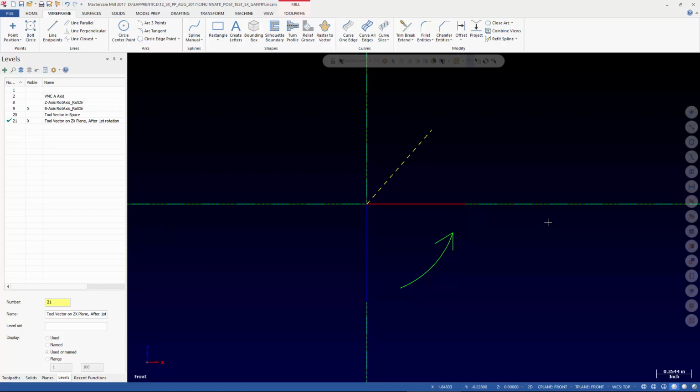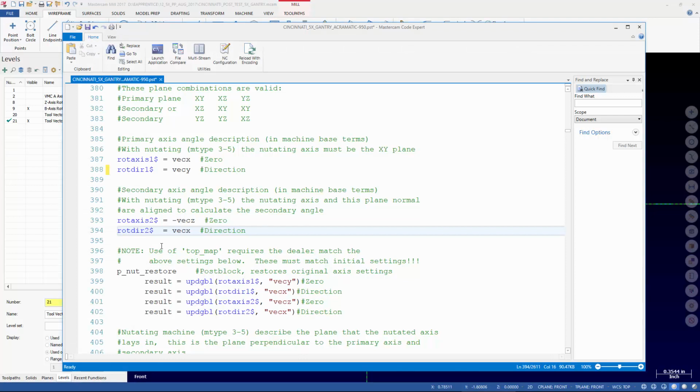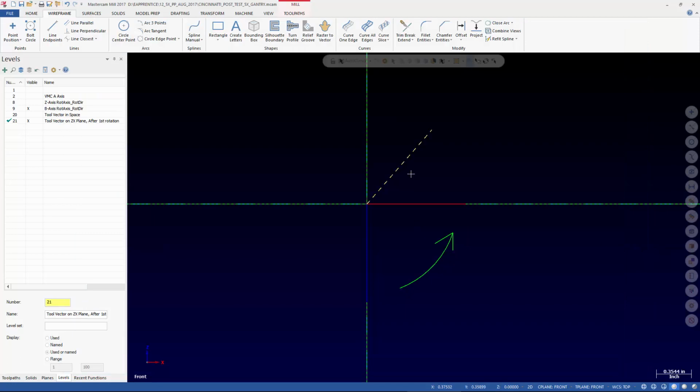Right? So we want to end up taking this vector now in the plane that's perpendicular to the b-axis, which means we're rotating about y. We're rotating about y because there is no y in this rot axis 2 or rot dir 2. Just like here with rot axis 1 and rot dir 1, we're rotating about z because there is no z here. So here we need to rotate this line in order to bring it